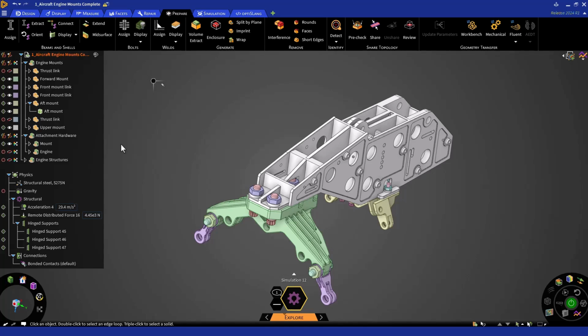Since we have structural steel as our default material, no changes are needed. But recall you can change the material through the Halo or in the Simulation tab. For boundary conditions, we'll keep the structural supports, but we'll want to modify the remote force. We'll want to reassign the remote force attachment points to the corresponding engine attachment points on the forward and aft